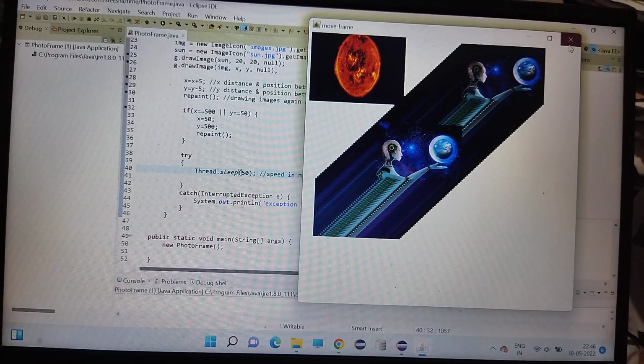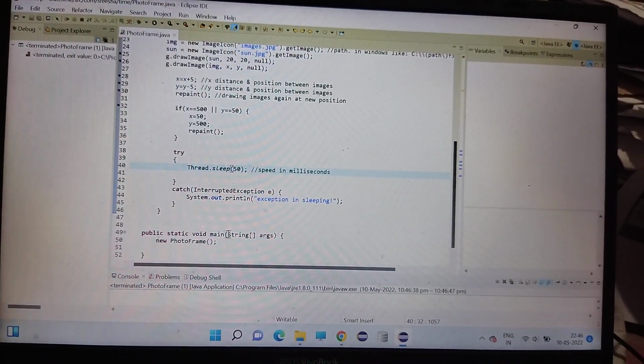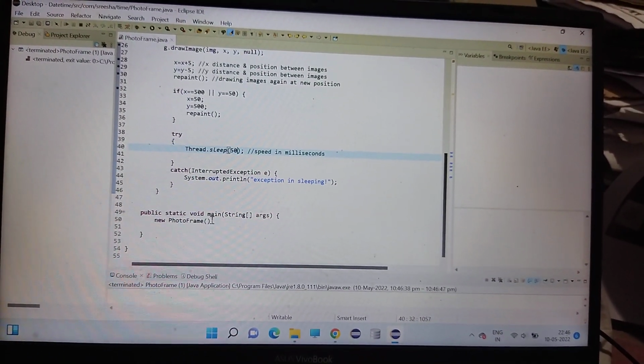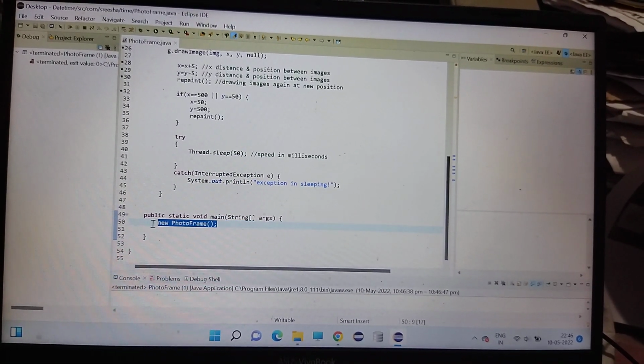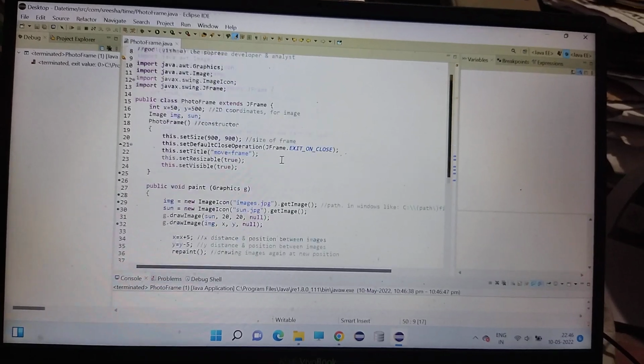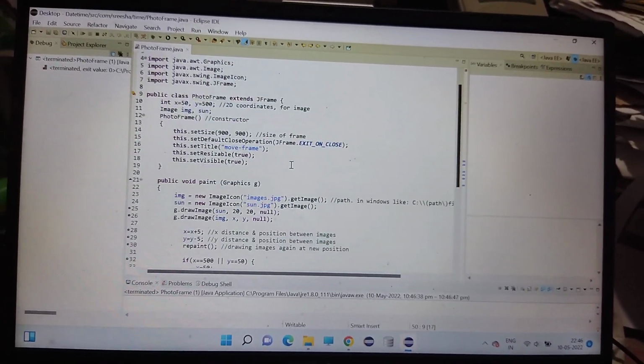So this is the controller of speed, and this is the main method where the whole program is called to print it. So this is the brief logic, and I'll try to put this